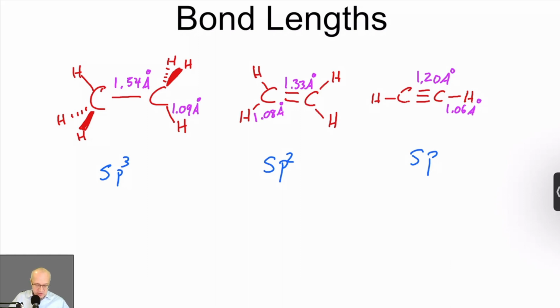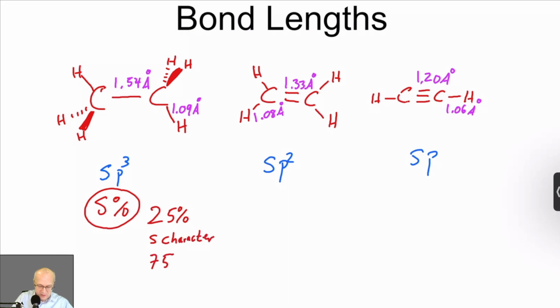Why would that be? Well, let's think of it in terms of s percentage. So in the sp3 example, you have 1 part s, 3 parts p. So that's 25% s character and 75% p character. Now, what does all that mean? It means that the sp3 orbital has more p-like tendencies than s tendencies. s orbitals are spheres. p orbitals are elongated figure eights, if you will. So the sp3 orbital is going to be quite long, because p orbitals are quite long,